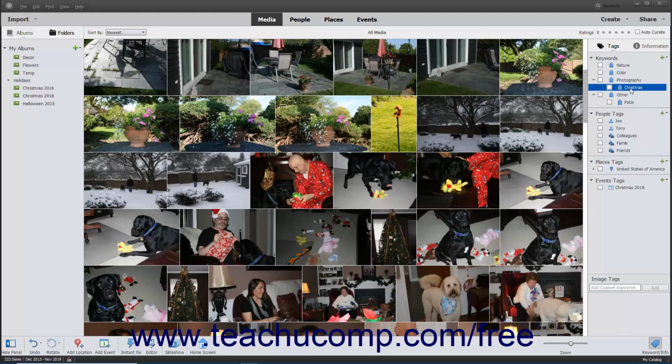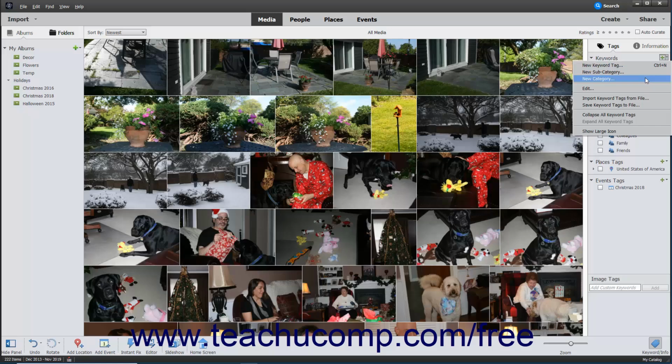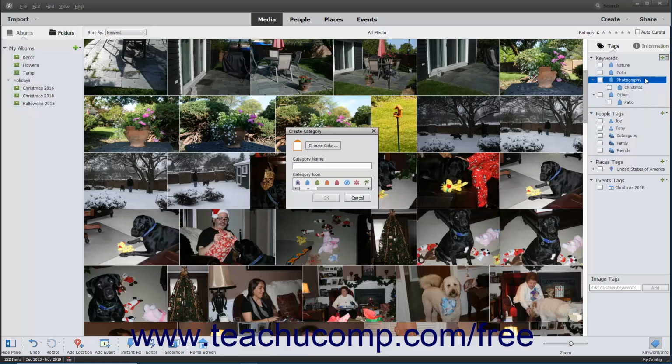To create a new tag category for your tags, simply click the drop-down arrow at the right side of the New button, which looks like a green plus sign, to the right of the keywords label within the Tags panel, and then select the New Category command from the drop-down menu that appears to open the Create Category dialog